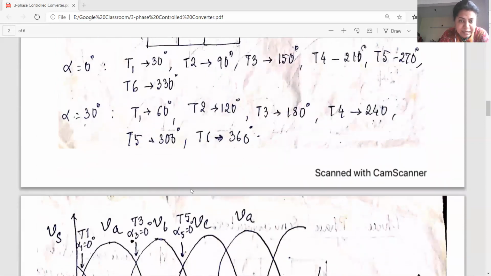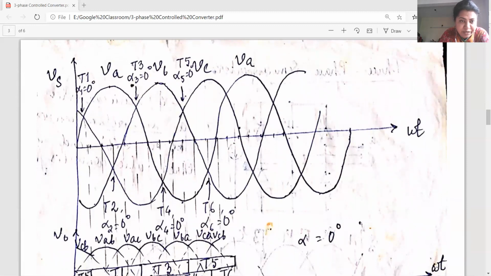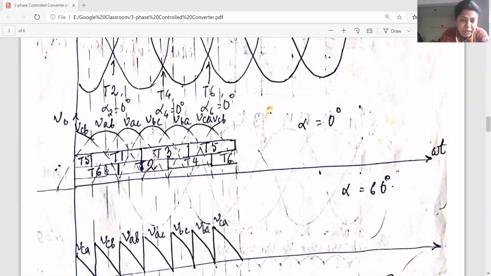So likewise, the thyristors are forward biased according to which phase is maximum positive and which phase is maximum negative. So here we have T1, T3, T5 as the positive group thyristors and T2, T4, T6 as the negative group thyristors. Now at an interval of 60 degree, two thyristors, one from the positive group and one from the negative group, conduct simultaneously. Here see, these are the positive group thyristors.